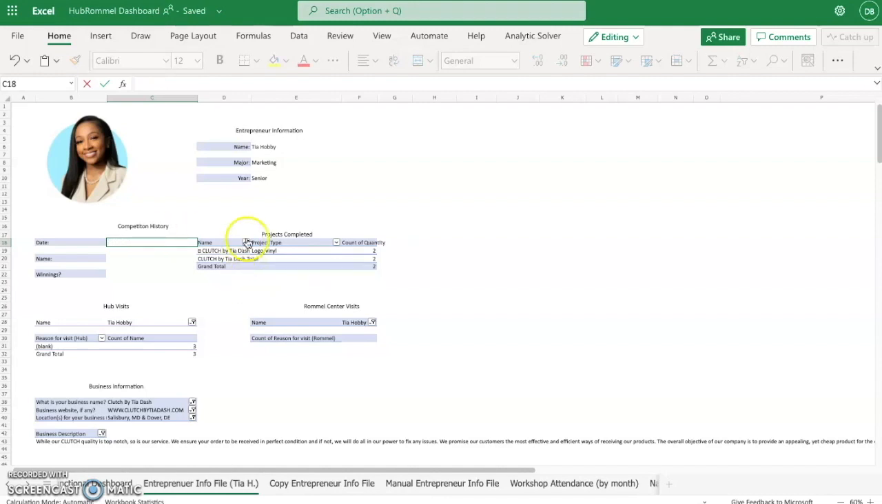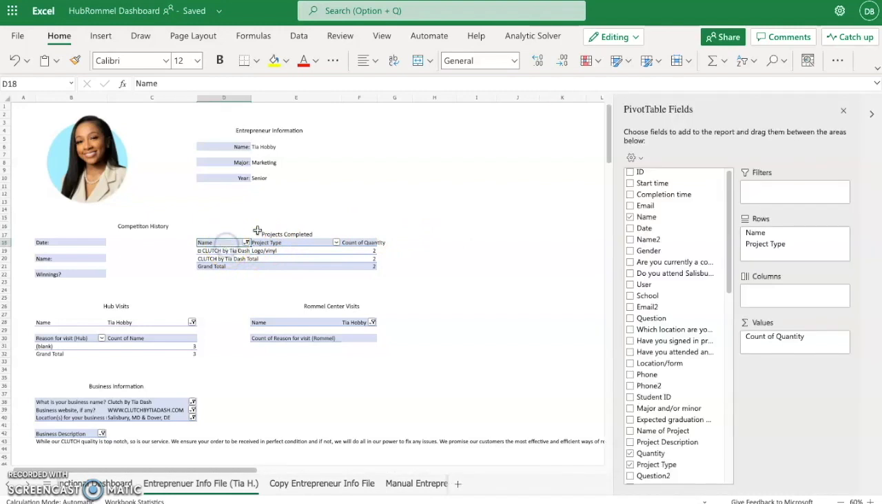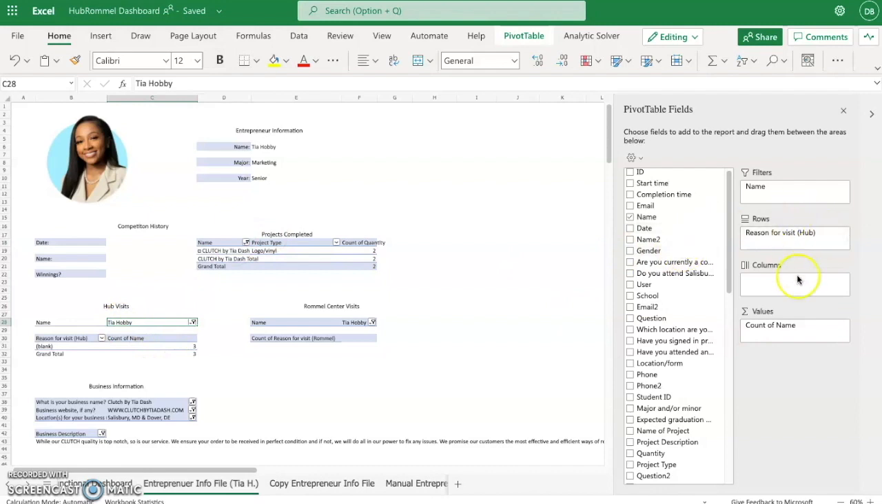So for the pivot tables, I created a pivot table, which we have a previous video showing you how to create a pivot table. And as you can see, for my pivot table, I put name in the rows, project type in the rows, and quantity in the values because we want to know the value. And for all of these, you can click and see what